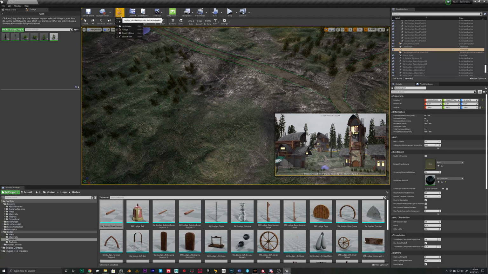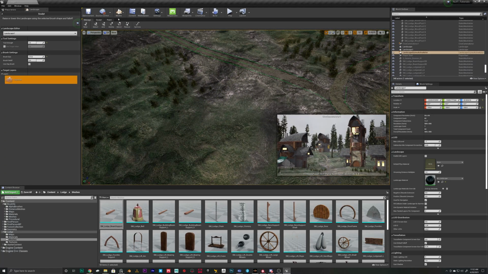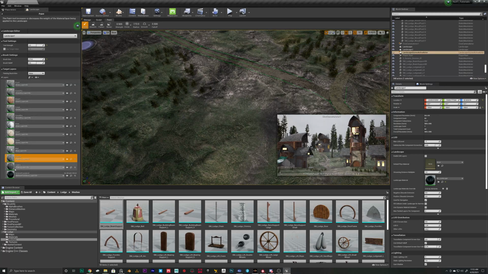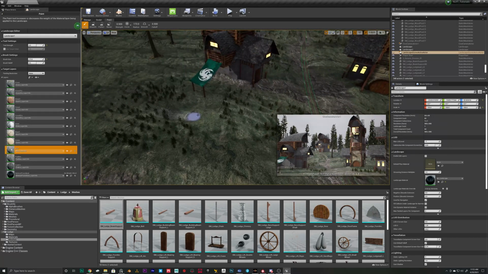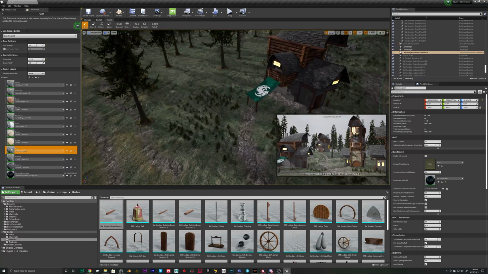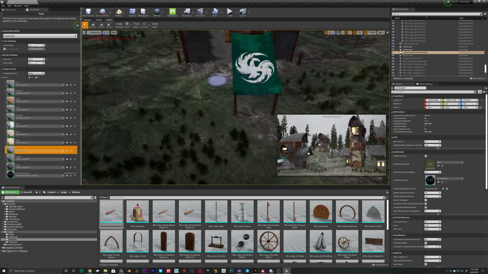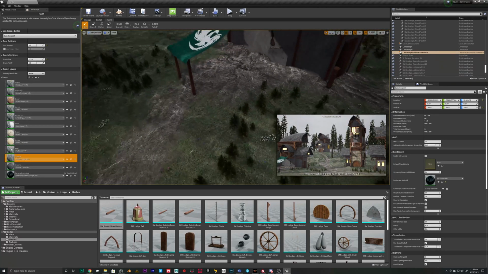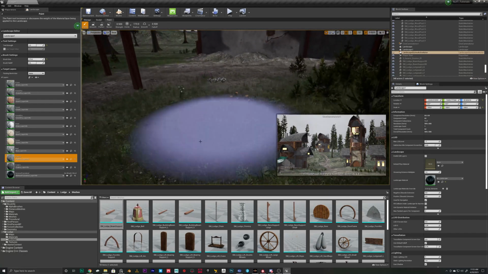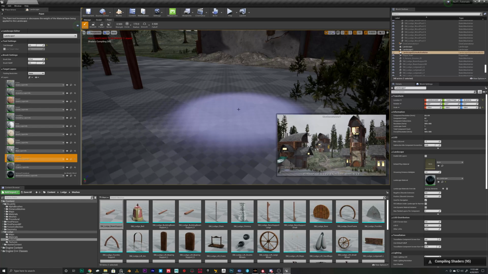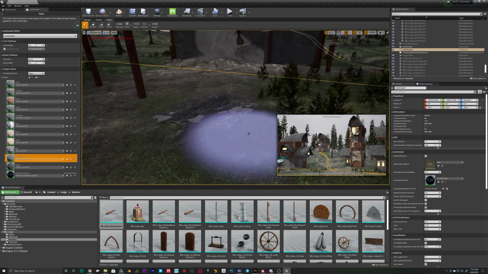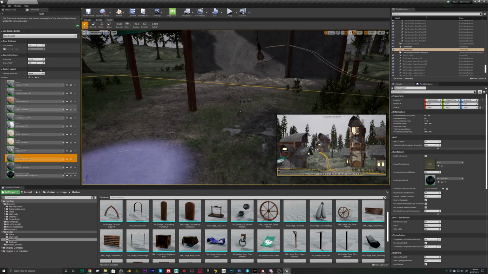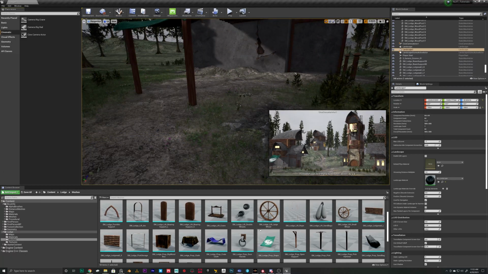And then I'll go into landscape mode and paint. And then I'll paint a little an area here, like so, and then add some puddles on this area. Now I can come in and